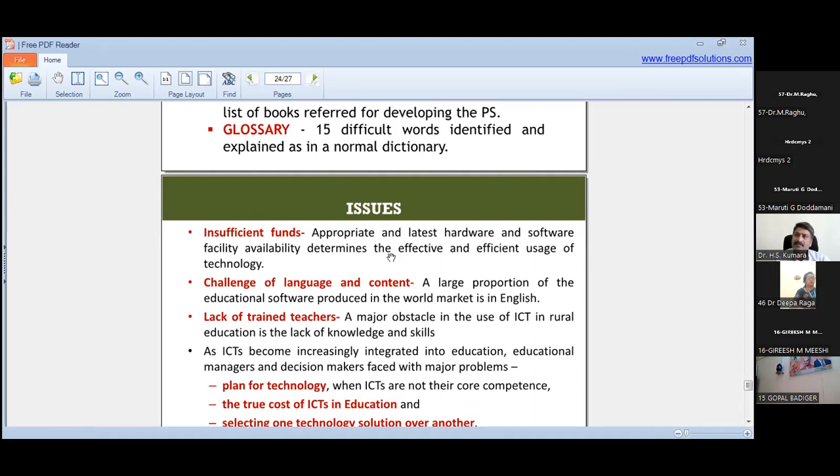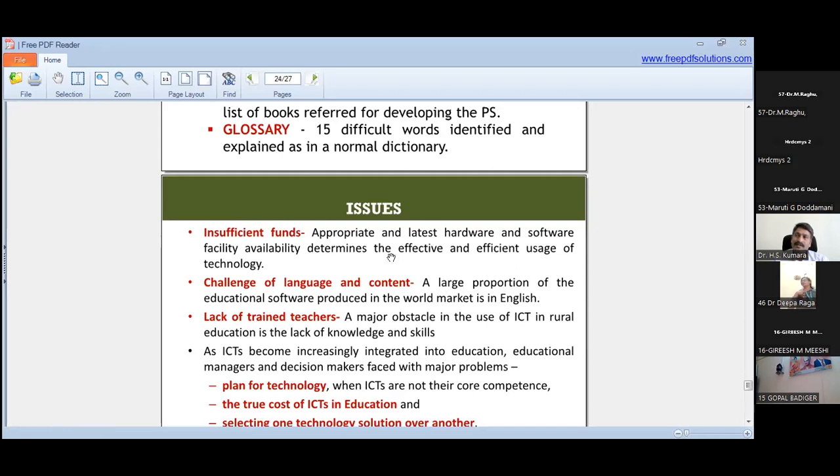For the first 5-6 years, as far as University of Mysore is concerned, we didn't get any kind of funding. Earlier we got Institution of Excellence, 100 crore, and also University with Potential for Excellence, 50 crore. These are some of the major grants that can be used for research or for implementation of ICT and other things. That's also one of the case examples. At our college level or university level, insufficient funds is also one of the issues, because we require the latest hardware and software whenever we start these things.